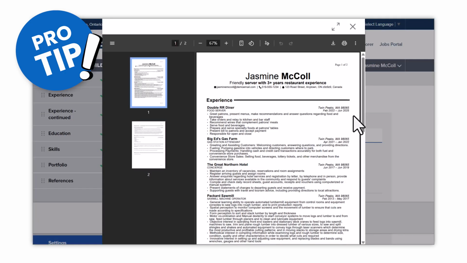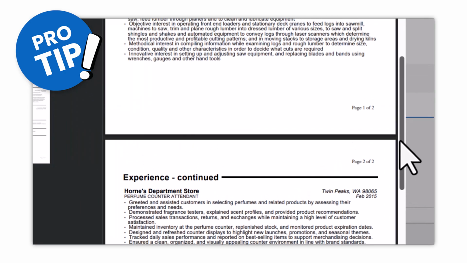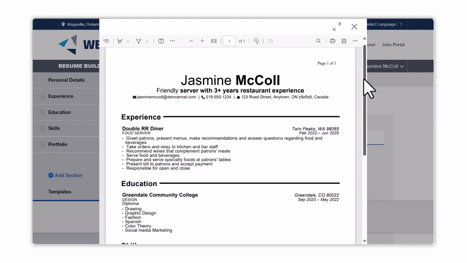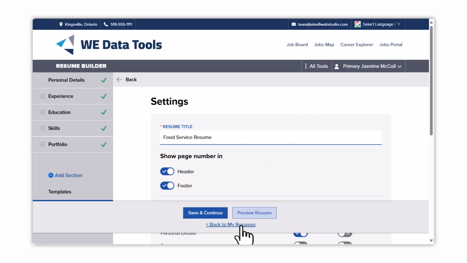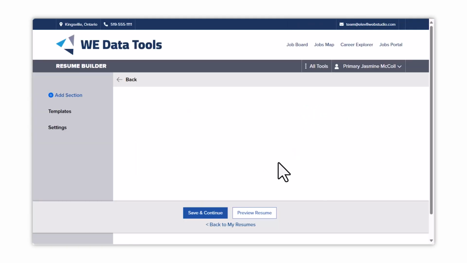You may also want to try choosing a template first, then using the preview to see how it looks as you build your resume. Once you're finished, go back to the resume preview to download and/or print. As long as you've saved, you can go back to My Resumes, which will take you out of the Resume Builder tool to the Resumes page of your job portal, where your new resume will be saved. You can edit it again at any time to make changes.